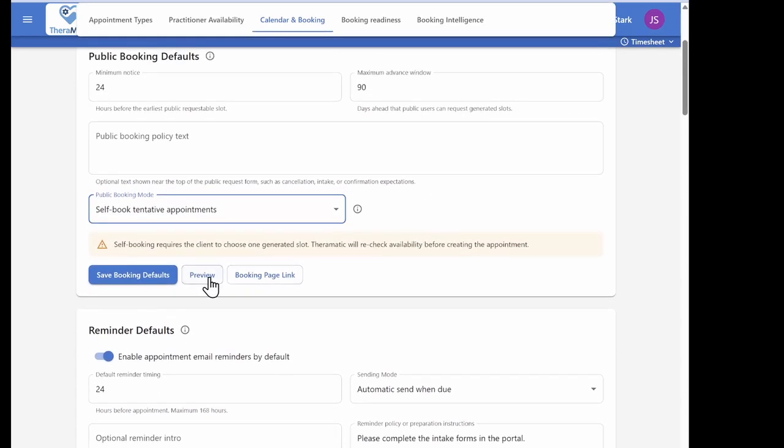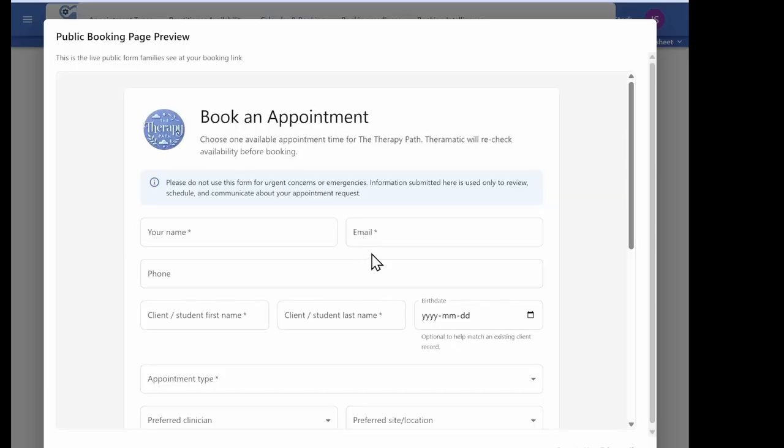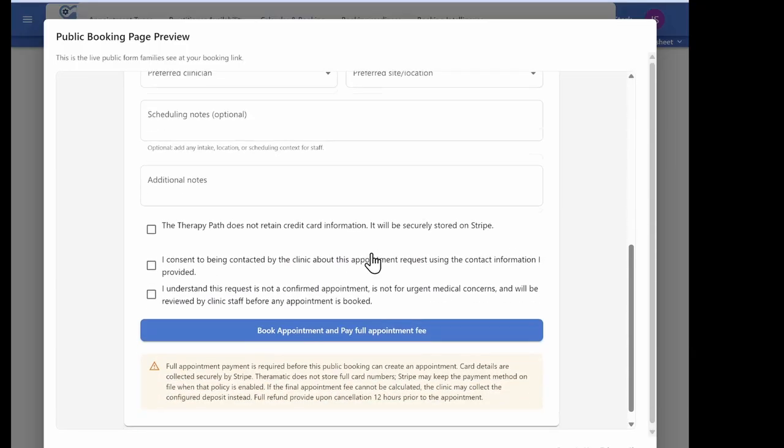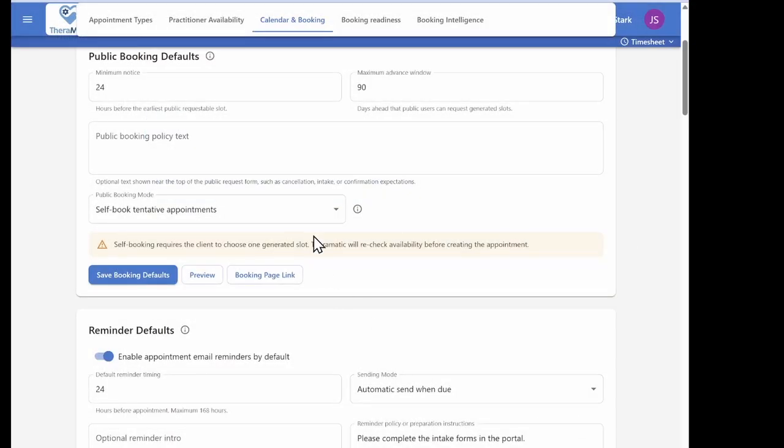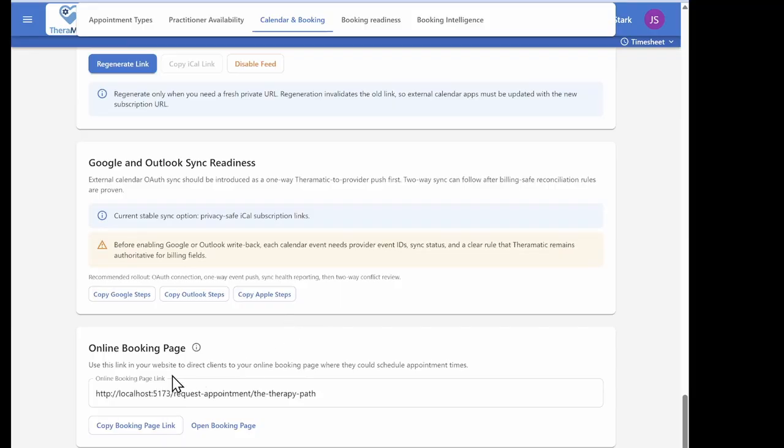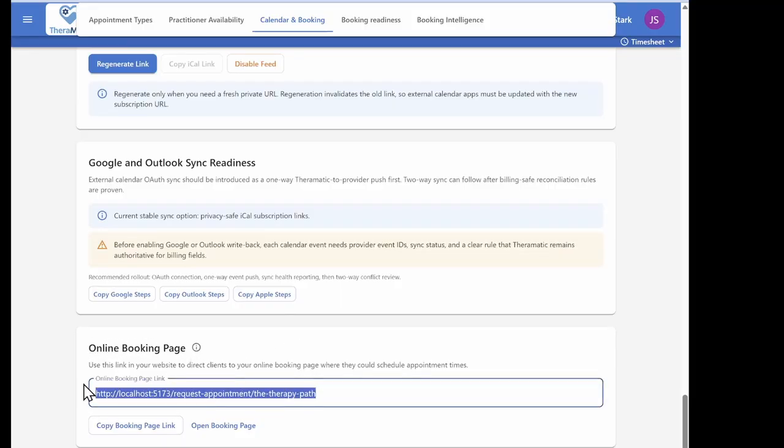The preview will show you what that booking appointment will look like. So once you've configured those settings and you click through here, you could see what that will look like here. The booking page link is just actually at the bottom of this settings page. So in this case, you can see that the person would select this link, and then you'd incorporate that into your website so that that page is available with a button or as a tab in your web page so that your clients can book those